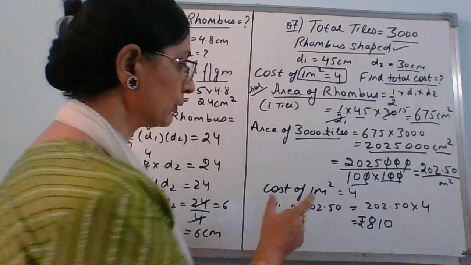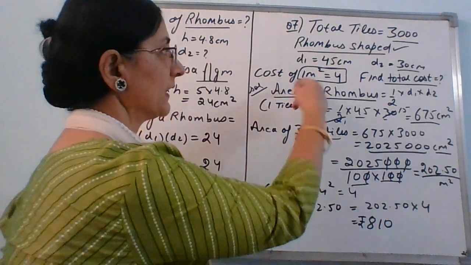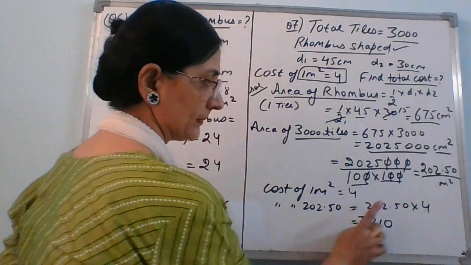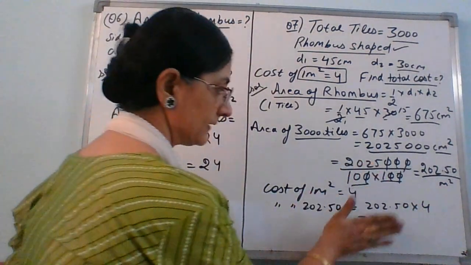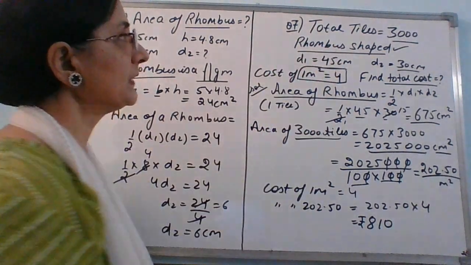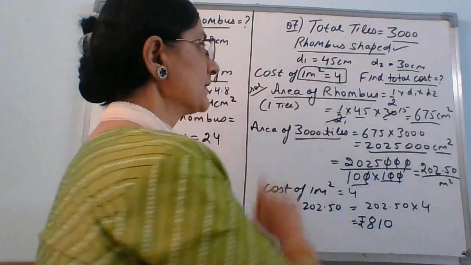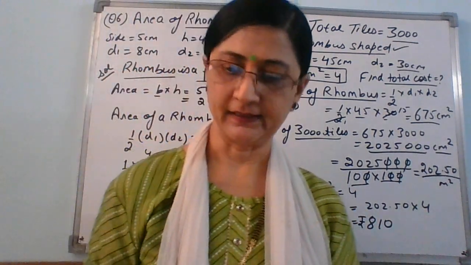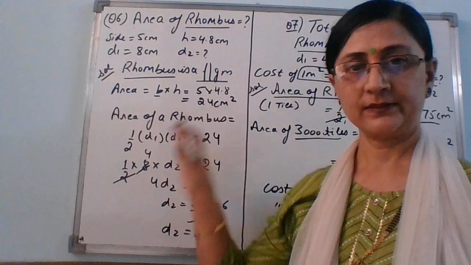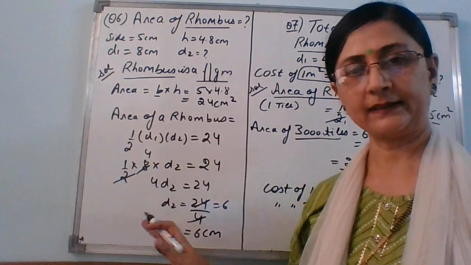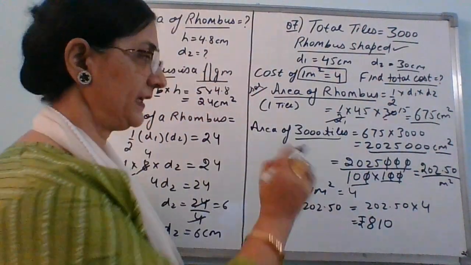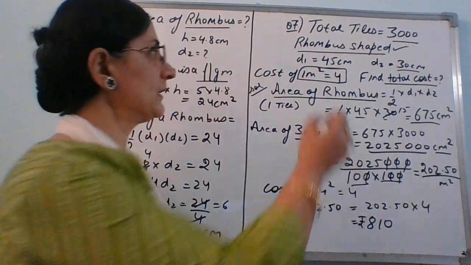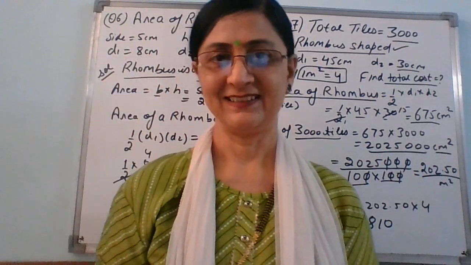अब आपको क्या करना है, कॉस्ट निकालनी है, क्योंकि एरिया तो आपको पता चल गया। कॉस्ट 1 मीटर स्क्वायर की कॉस्ट दैट इज 4। सो आपके पास कितने मीटर स्क्वायर है, इतने, इसको आपने इंटू 4 करना है। So you'll get the answer that is 810 rupees. Means वो जो 3000 टाइल्स है और 1 मीटर स्क्वायर की कॉस्ट से 4 रुपीज के कॉस्ट से, तो टोटल जो कॉस्ट लगेगी वो लगेगी 810। आई होप इट्स क्लियर। सो दिस फर्स्ट वी फाउंड द एरिया। एरिया को हमने यूज किया, डायगोनल निकाला। यहाँ पे हमने पहले एरिया निकाला एक टाइल का, फिर निकाला 3000 टाइल का, फिर हमने उसको कन्वर्ट किया मीटर स्क्वायर में, फिर हमने उसको उसकी कॉस्ट से मल्टीप्लाई किया, वी गॉट द आंसर।